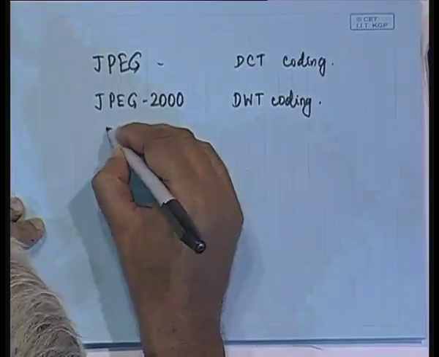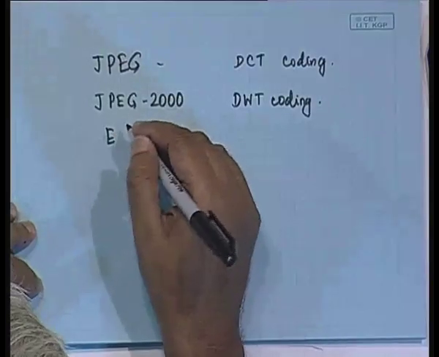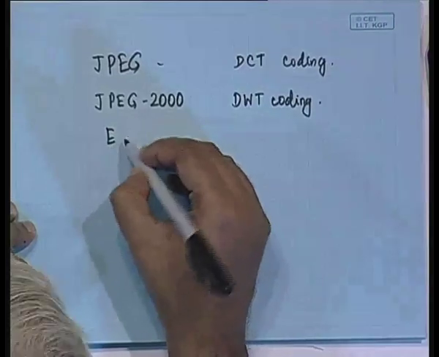And the redundancy present for the coefficients within the subband was also exploited. The technique that was adopted there is embedded bit streams or embedded block coding,